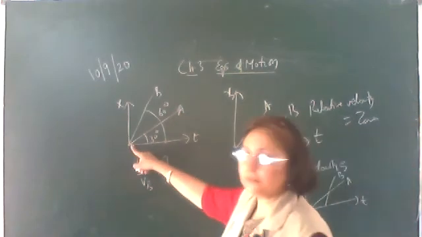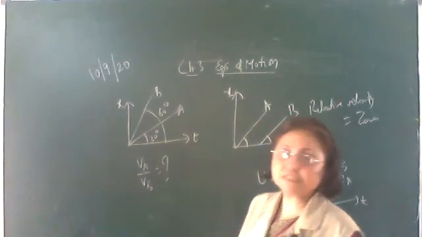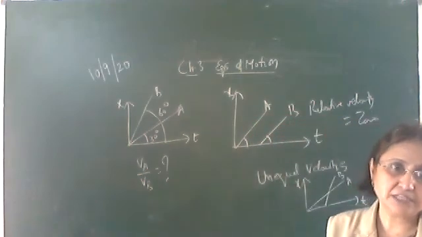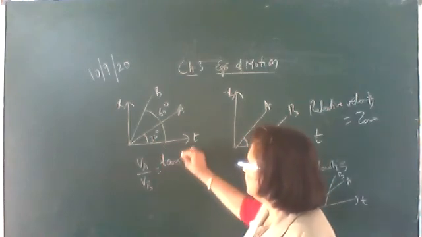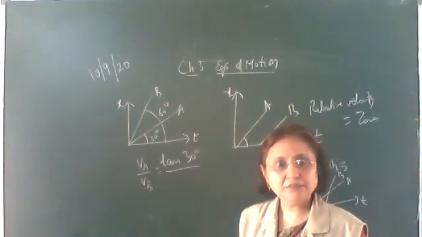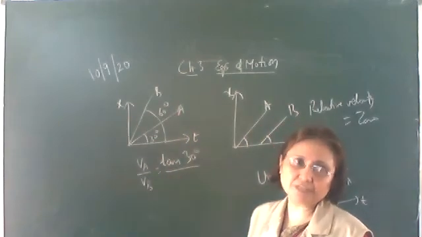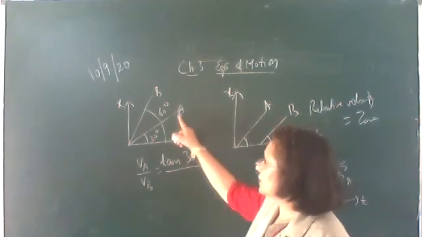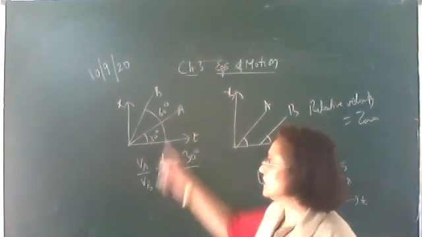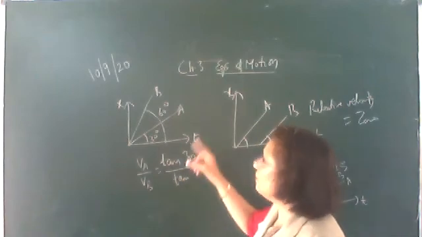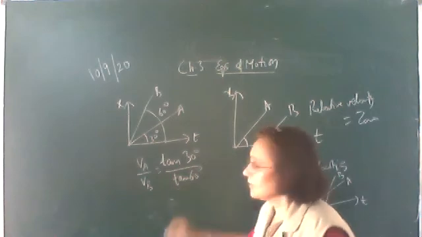Okay, how do we get the velocity of A object? Slope of the line. Slope of the line is given by tan theta, that is tan 30 degree. So VA is equal to tan 30 degree. Why? Because from the x-t graph, the slope of the line gives the velocity. And how do we find out the slope? Tan theta, that is tan 30 is VA. The same way, the slope of B line will give the velocity of B object, that is tan 60 degree.